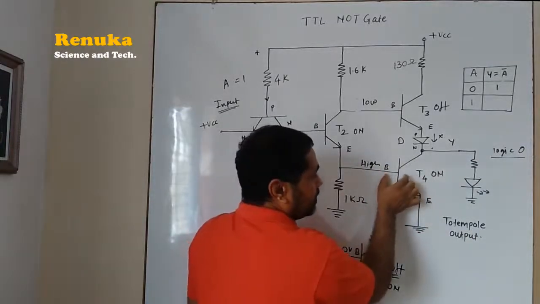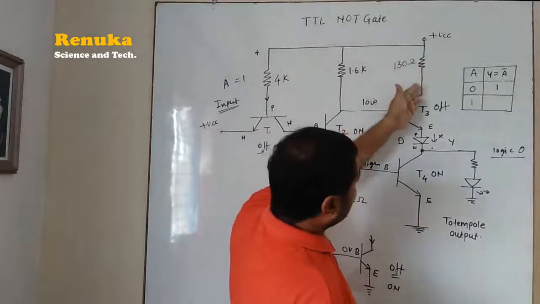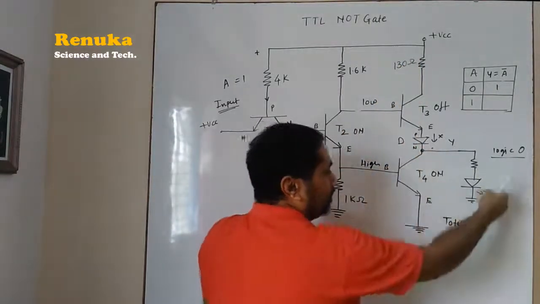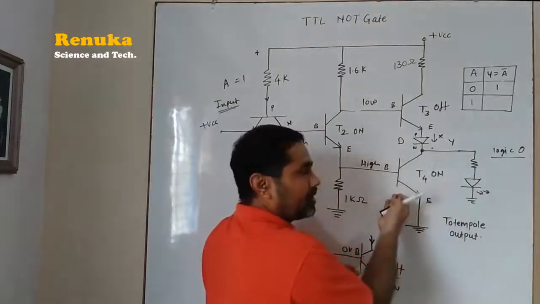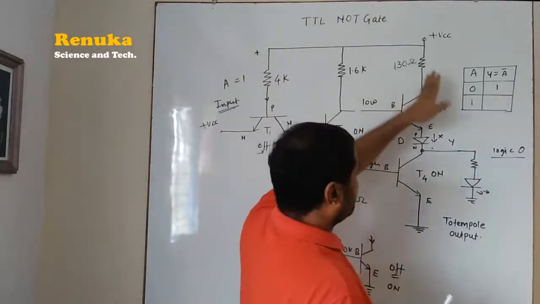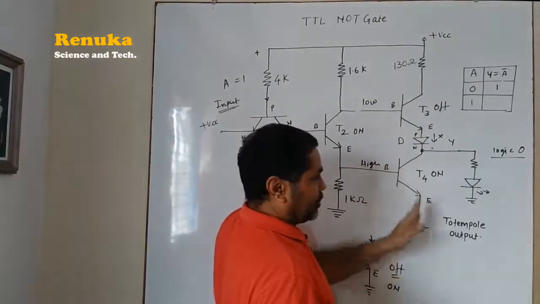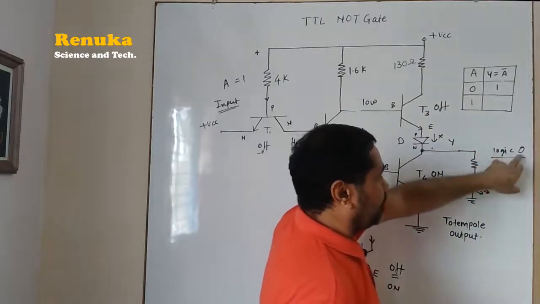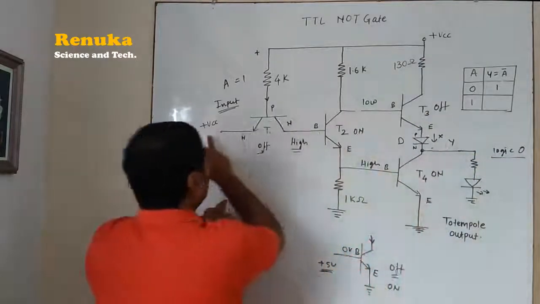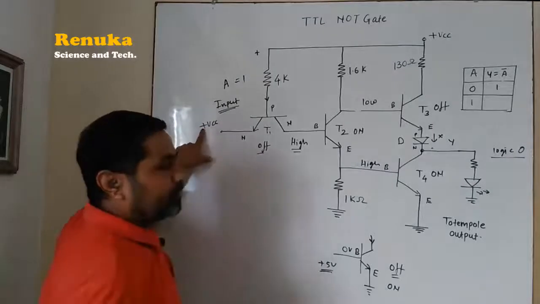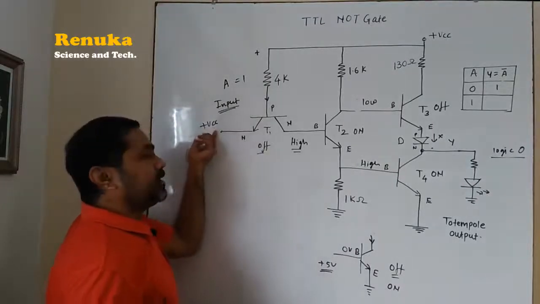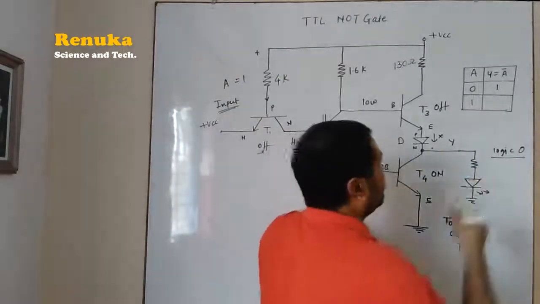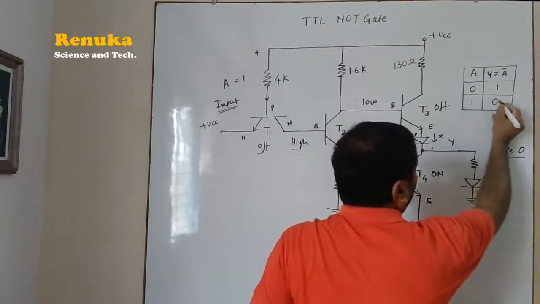Now if this transistor is on, suppose some current is flowing through the transistor, then that will sink towards the ground, not through this part, because this transistor is now on. So all the current is flowing towards ground, not through this diode, this LED. So that is why the output will be 0. So what we have done, we have connected it to plus VCC, that is, we have connected a logic level of 1, and we are getting output as logic 0. So if 1 is connected here, we are getting logic 0.